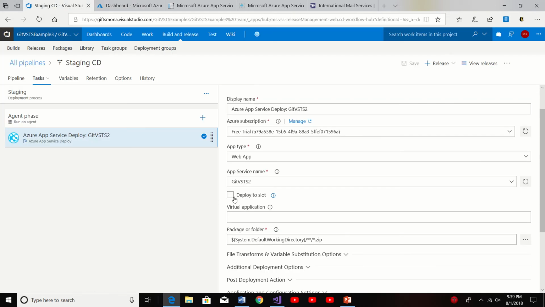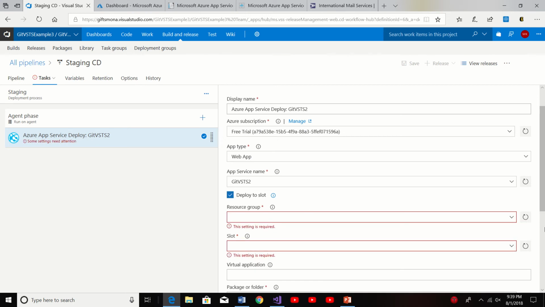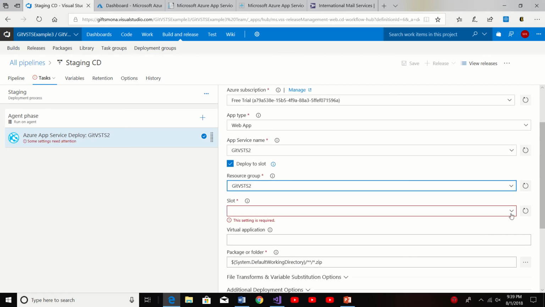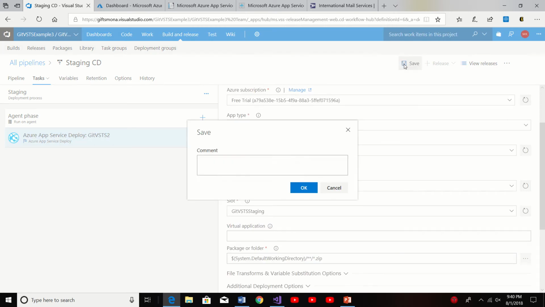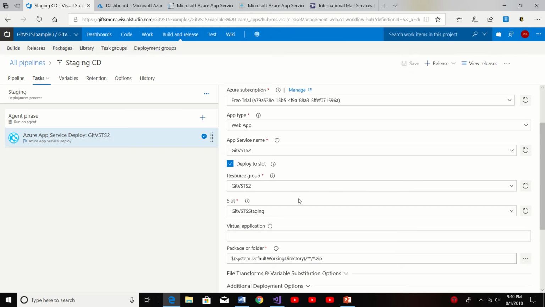Then here we need to choose deploy to slot, select the resource group and the name of the deployment slot. I right now have only one staging, so here. What it will do is directly deploy into the staging deployment slot. So select save, click OK,